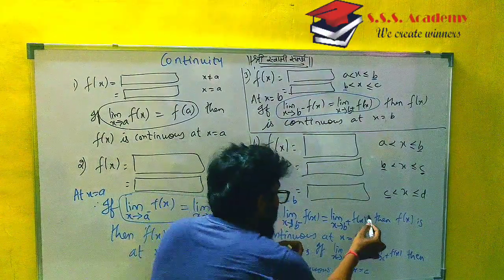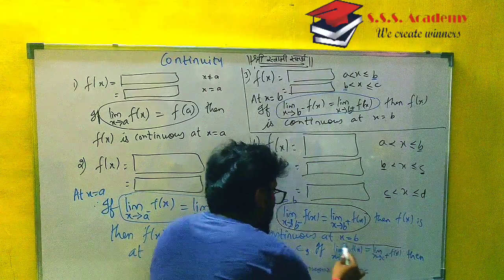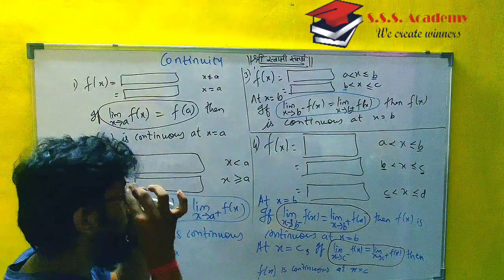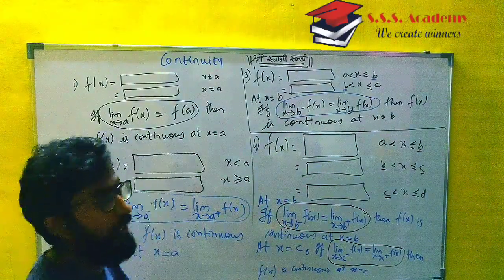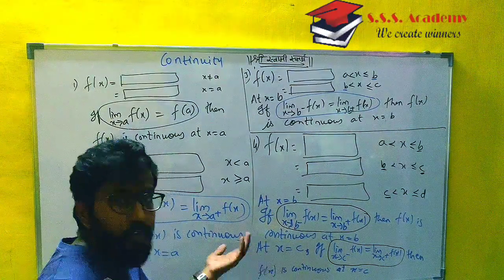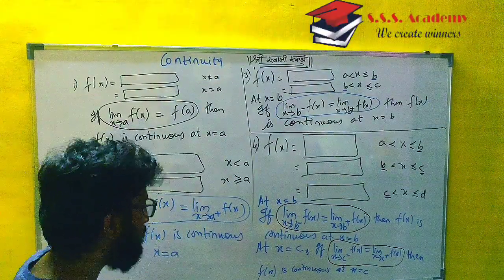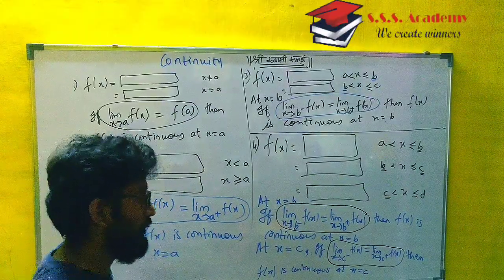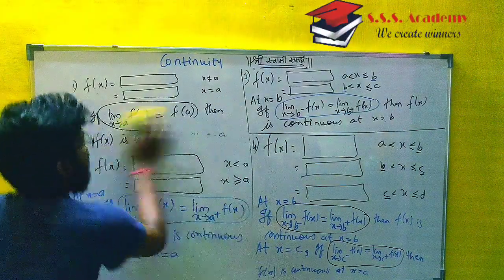So basically we are applying the same concept for inequality everywhere. What to remember over here is that we can get a continuous function at both points, or at any one point, or we may not get continuity at either point. Need not be worried. Okay, so this is how we are going to check the continuity of a function. Now one last case is there. Let's see that.